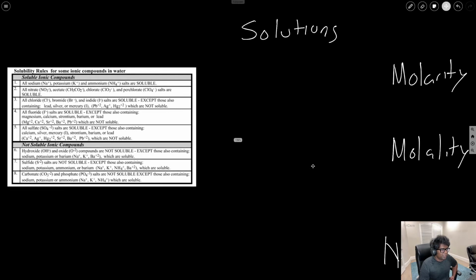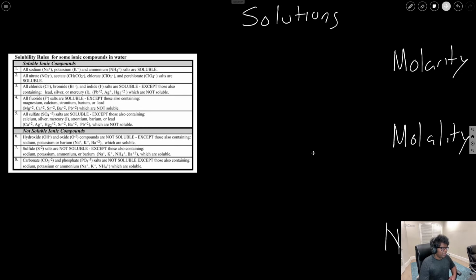That being said, let's move on to our solubility rules. I've seen this in my high school textbooks. You've probably seen this in yours too. I don't have any fun ways to memorize this, unfortunately. All my mnemonics are in biology or psychology. I'm sorry, I don't have any funny chem ones. Yeah, no, I'm sorry guys. You're just gonna have to memorize this. If there's anything I can say to take away from this, is that